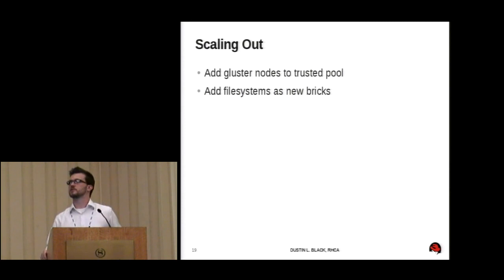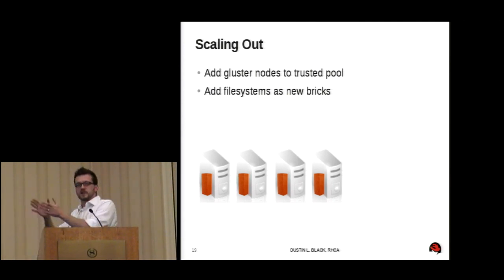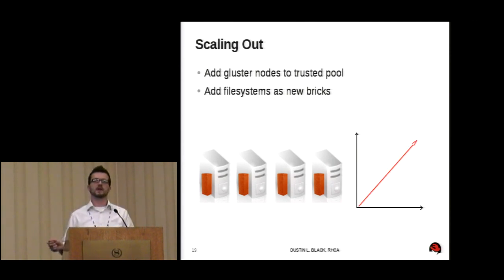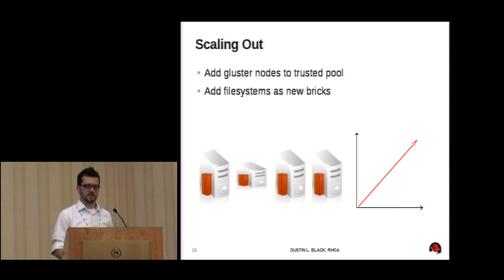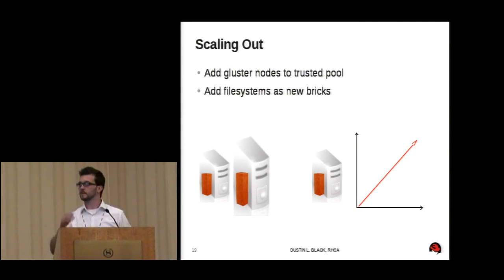But the real power is also going to be in scaling out. We're going to take that process that we did, building up the system, and now we're going to just replicate that process over and over. With Gluster's ability to scale, you just do this again and again and again, and you're always going to get the linear scaling capacity because you're not having to deal with that central metadata server. And we also talked about this being able to be a heterogeneous process. So if you want that to be a larger server that you deploy, that's possible. That's something you can do. You can also take away a server. So we have this flexibility without having to interrupt the end user to do this kind of scaling.